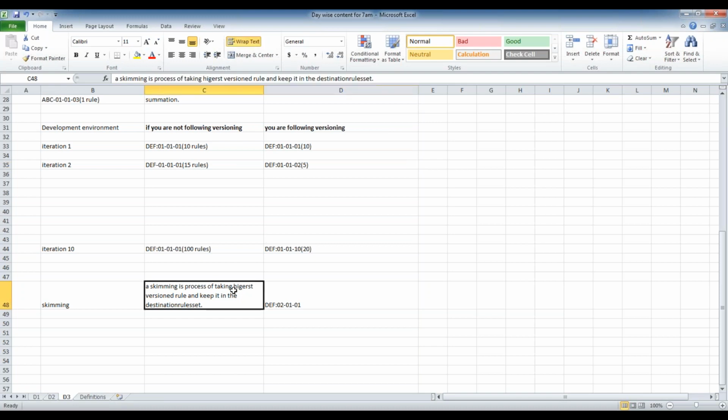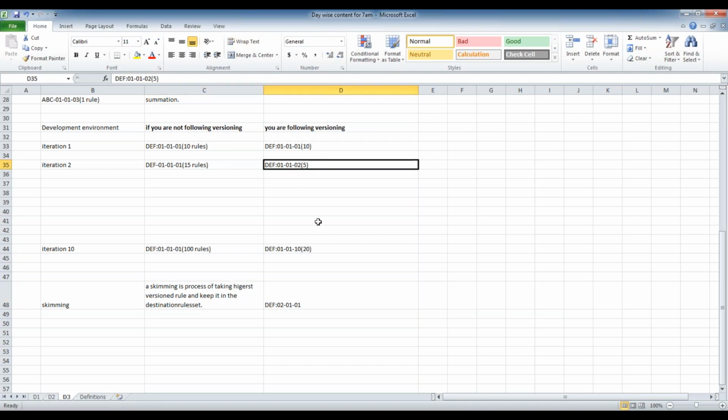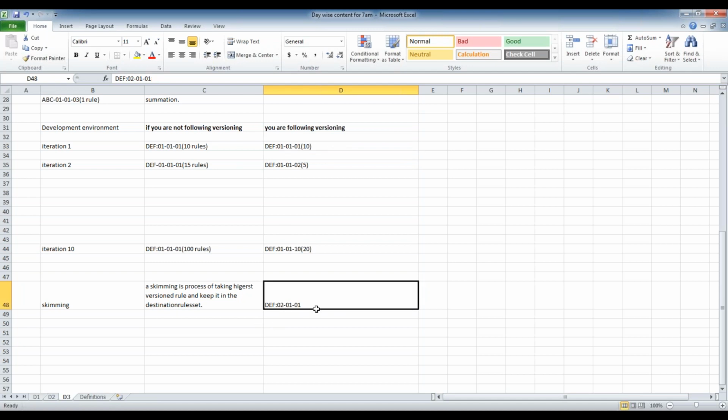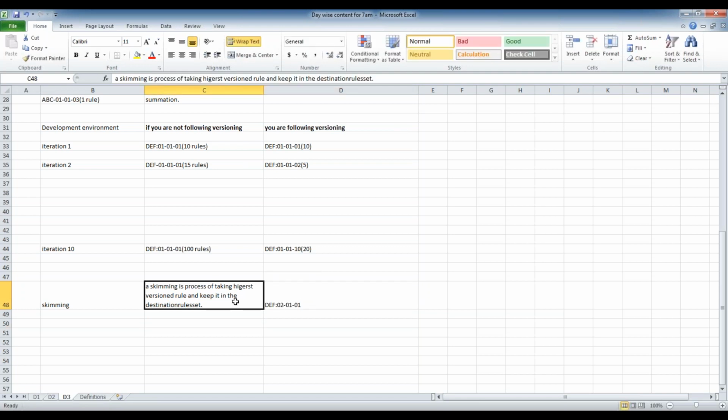And now what will the system do? The system will take the highest version of each and every rule. We have 10 rule set versions here. Let's say on each version we have 10 rules, and some rules can be overridden, right? It will always take the highest version of each and every rule and keep that rule into this destination rule set, DEF 02020101. So here we will be having one version while releasing into market. I will lock this rule set, and then I will release that into